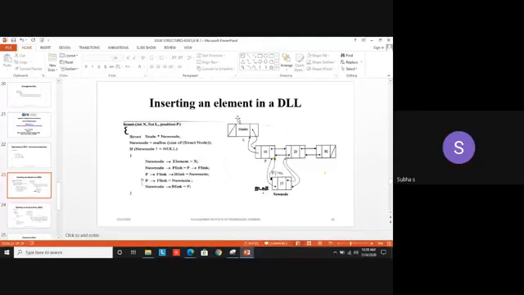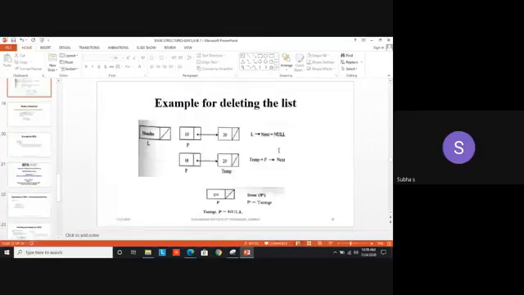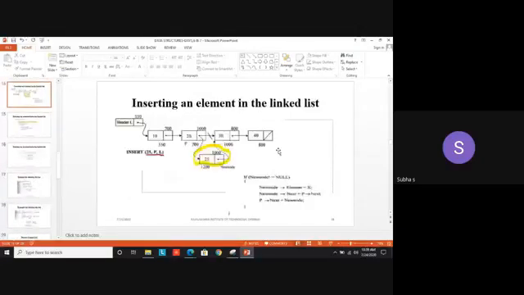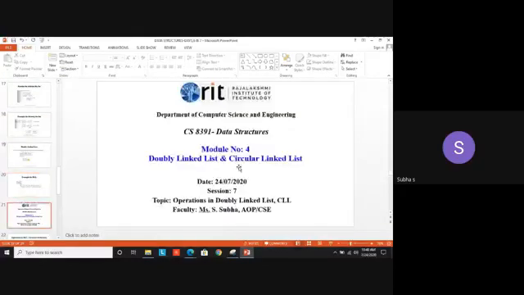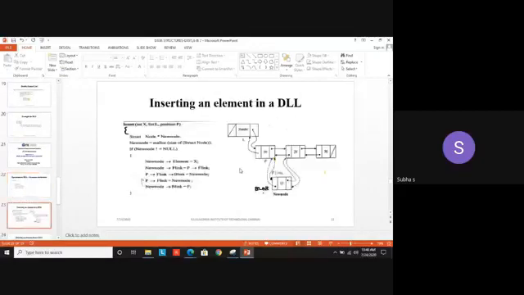Okay. So now, how to insert an element in a doubly linked list? Let's look at the diagram. Nothing special compared to the singly linked list, we saw the same thing. Inserting the element, but there we use only one chain, the forward link. Here we have to adjust 2 pointers, both the forward link and the backward link. Compare the routines and study, then only you will find it easy to remember the logic.